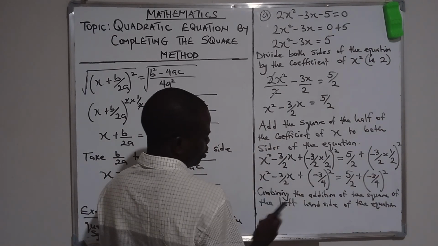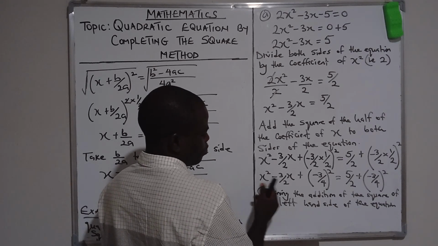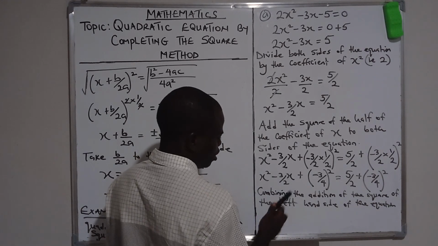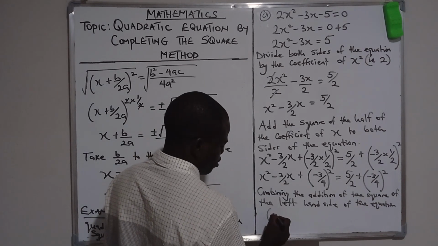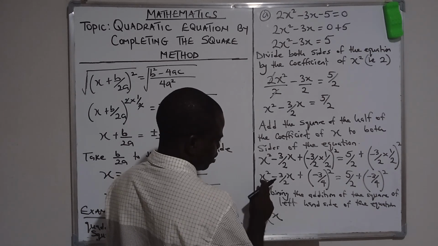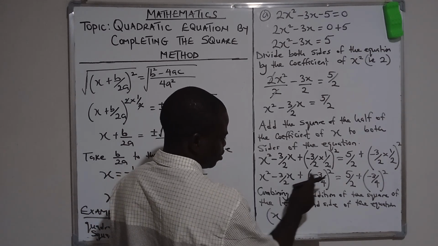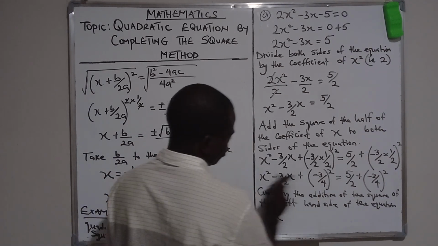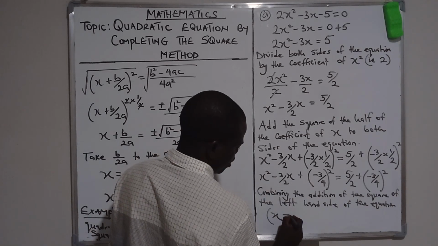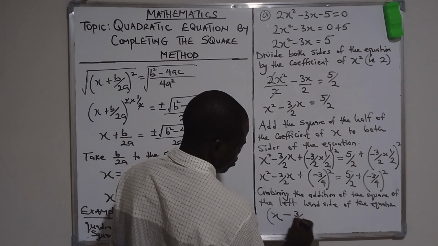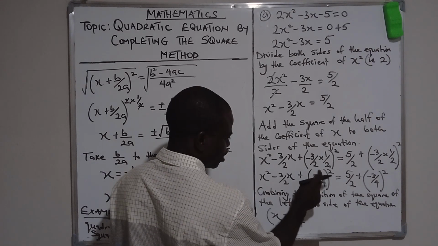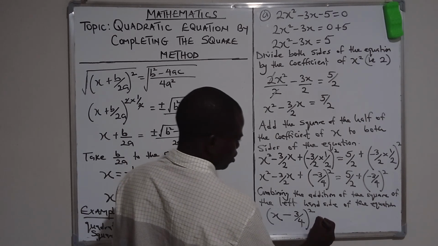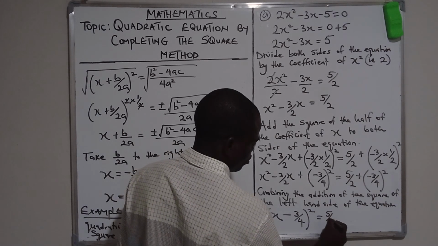When you combine it together, you now have x minus 3 over 4, just join the negative together. Always take note of the sign that is in the bracket. You now square it, equals to 5 over 2